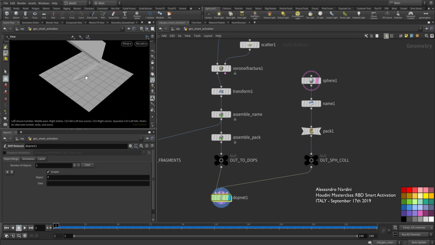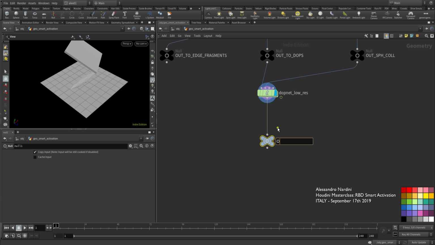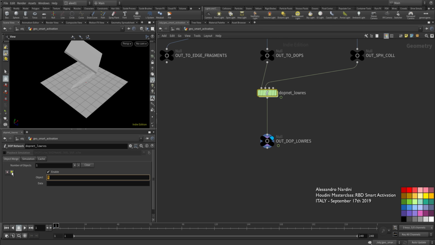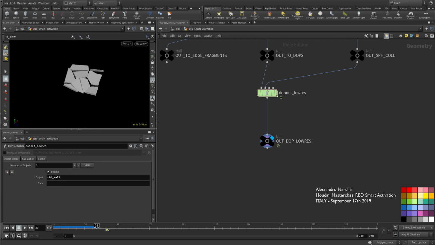Okay, so let's call it DOP-LORES. Let's lay a null out, DOP-LORES, make it black as always, and here let's import just the RBD wall. Okay, so we got our LORES geometry falling down and breaking, and now we're gonna create some edge